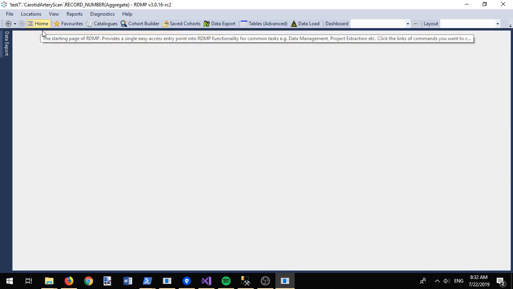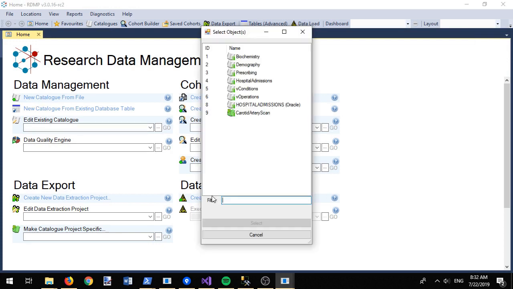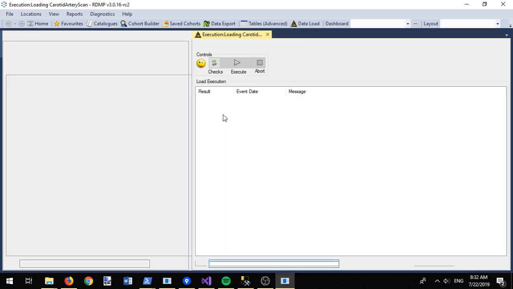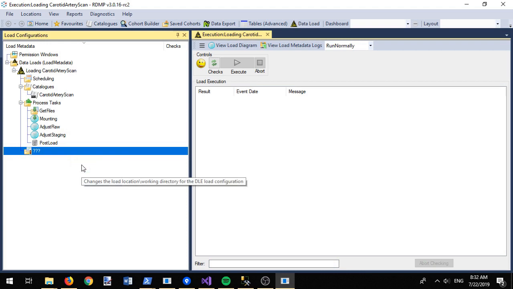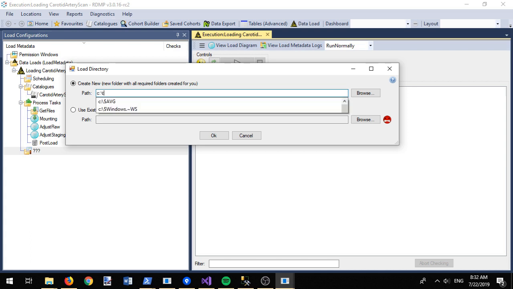The import file functionality is for one-off loads. If we want to create a routine load that we run every month, we have to create a data load. Let's create one for the hospital admissions dataset. To start with, we need to give the system a location on disk to store SQL scripts, load files from,